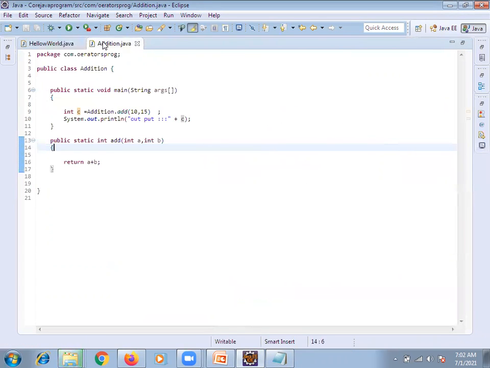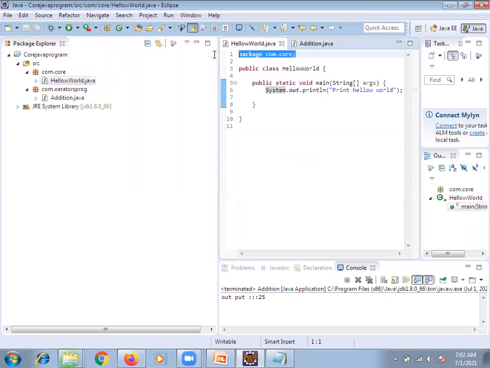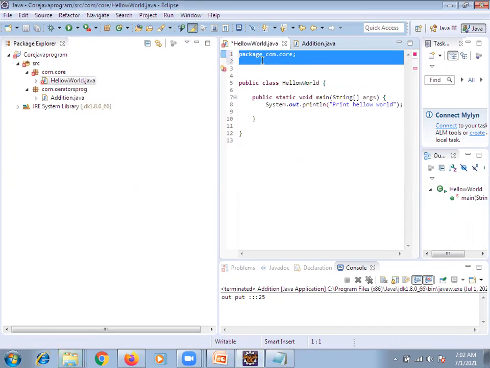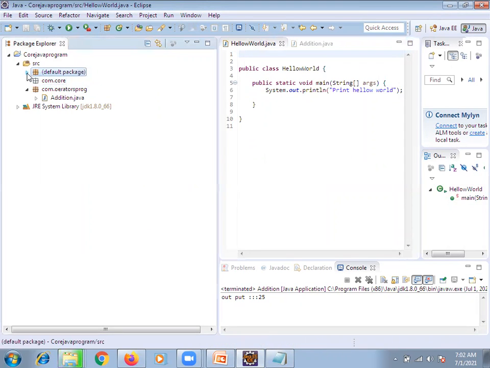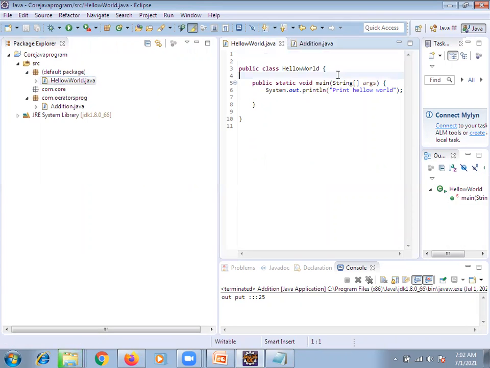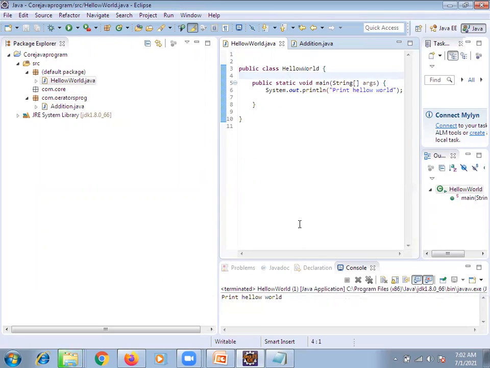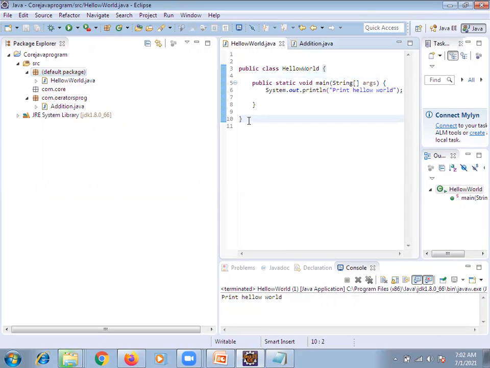While creating in Eclipse we need to mention a package name, or else we can give the default name also. You need not mention anything. Just for a basic purpose I am giving one. So it is getting an error. You can say add package not required. Now what I am going to do is remove it. Move hello world to the default package. So this is the default package. By default Eclipse will create it for you. You need not mention anything. Again it will run the program. Clear? But here you are seeing the default package. It should not be the way to write.